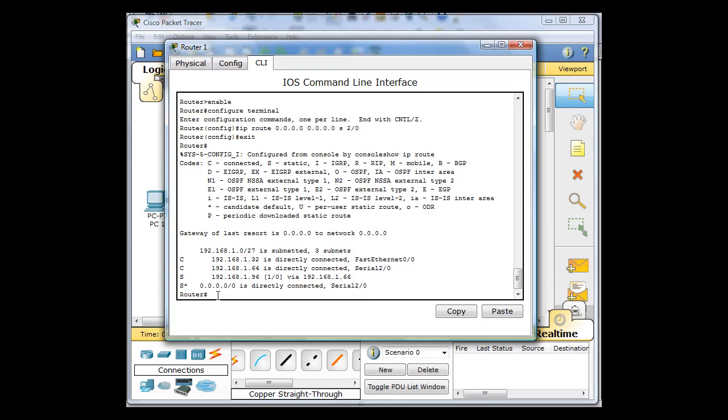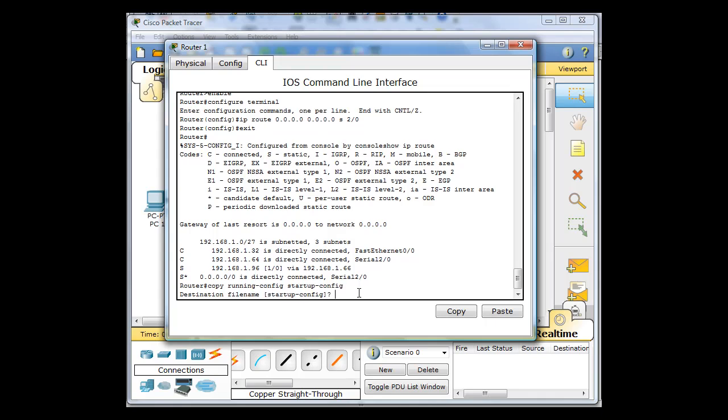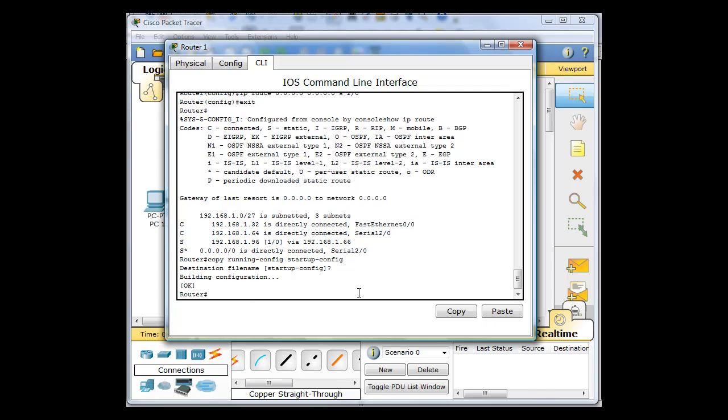And then to save your configuration, you would say copy running-config startup-config, and that's the full command, no shorthand there. And then you hit enter, and then you hit enter again to accept the default file name, and it builds the configuration, and you're all set. So now I have